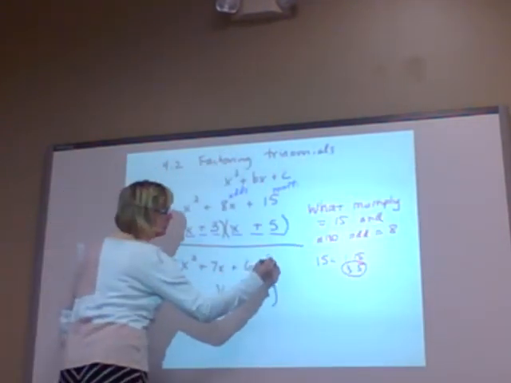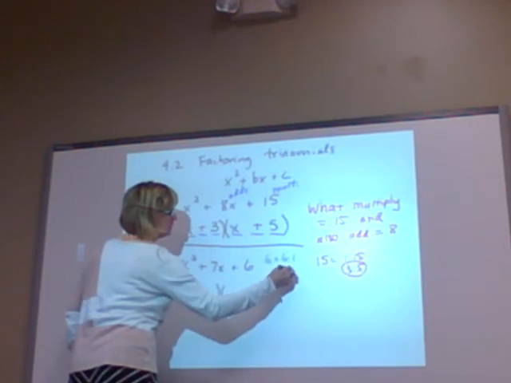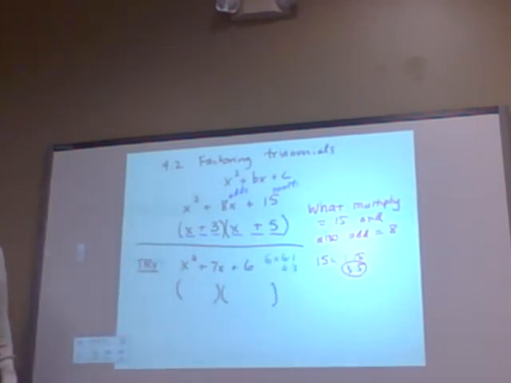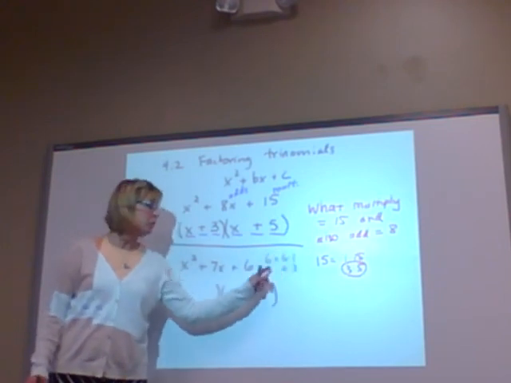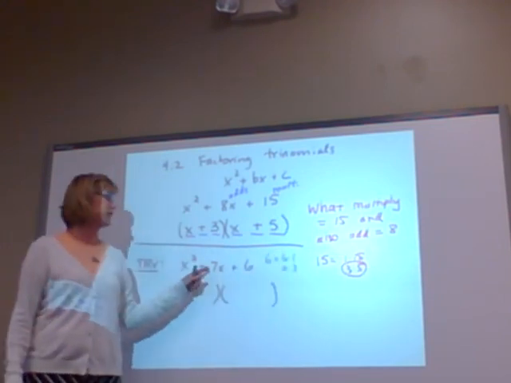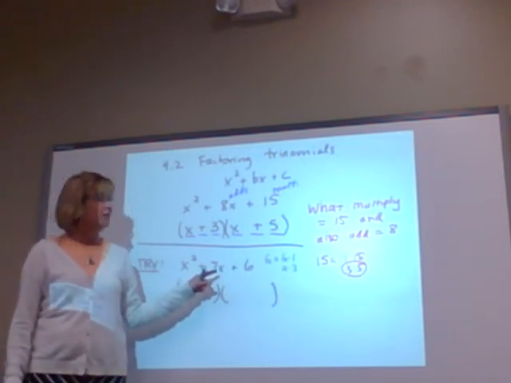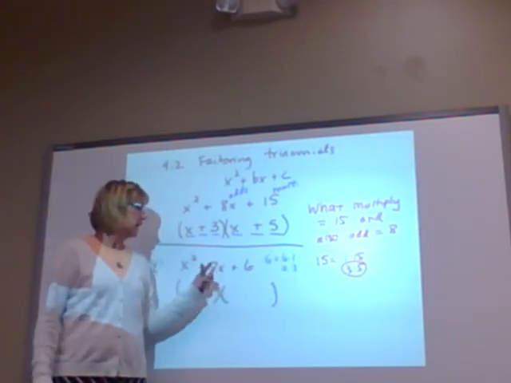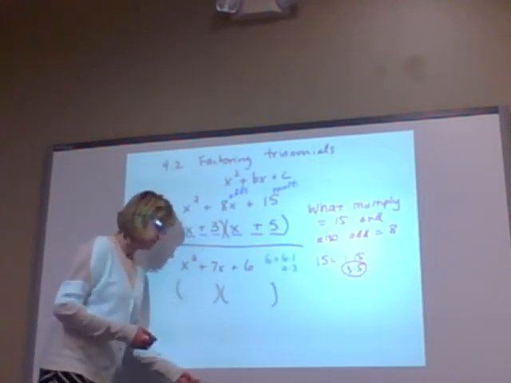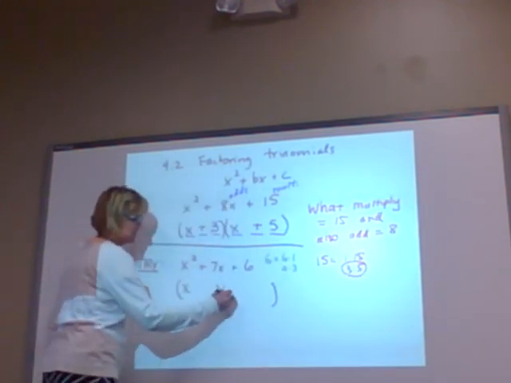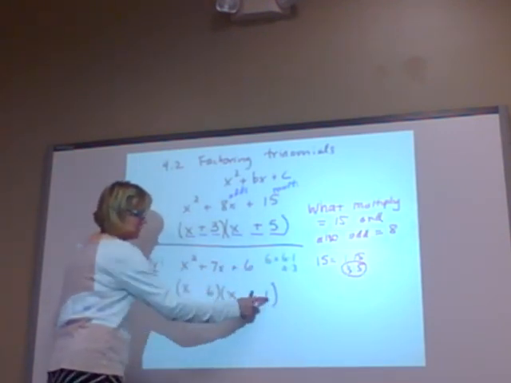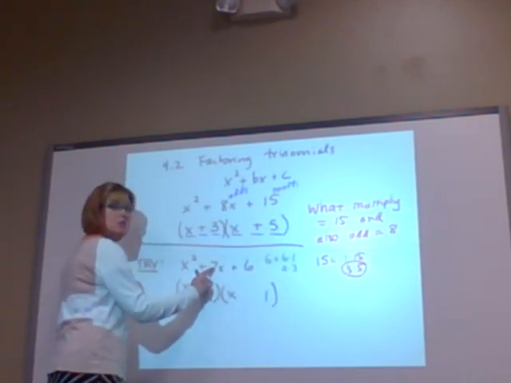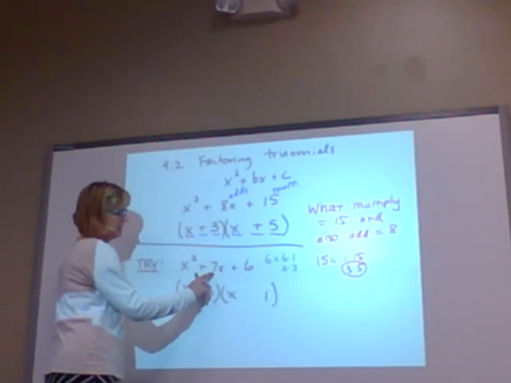Here, 6 equals 6 times 1 or 2 times 3. Those are my only choices to multiply to 6. Which one of those adds to 7? 6 and 1, right? 2 and 3 will multiply to 6, but when I add 2 plus 3, I'd only get 5. That won't work. So 6 and 1 multiply to 6 and add to 7. So I have the free space, x times x to get x squared. And then I have 6 and 1, where 6 times 1 equals the last number, and 6 plus 1 equals 7, the middle number. And then because these